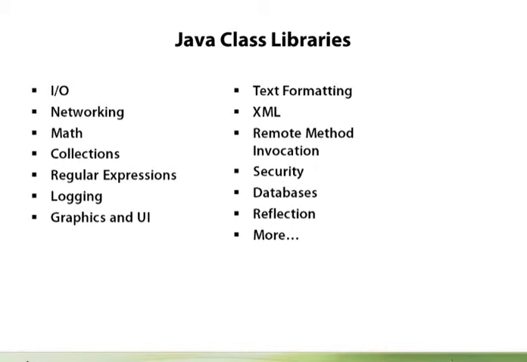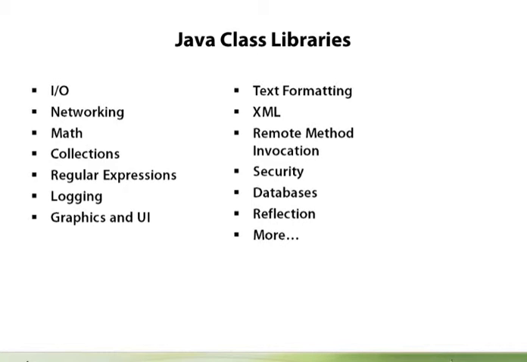So you have some things like I/O. You can write to disk, you can write to files, you can read streams, read data, write that data out. Networking, you can do a lot of different network reading and writing. You can do things like interpret a web page or process a web page, make any kind of network request or call. It supports several different common networking protocols. You have a little bit of math here to do common math operations,